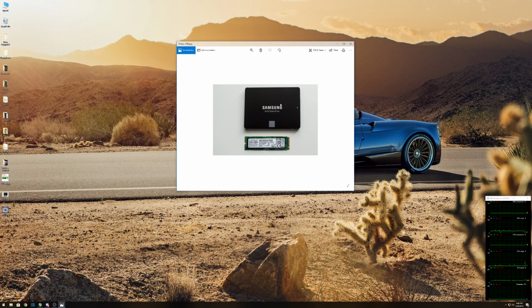It will boot in like 5 seconds on this kind of drive, on M.2. So the performance is way, way better than a typical hard drive. A hard drive usually takes about 1 minute, maybe even more, especially on laptops, because laptop hard drives are usually not